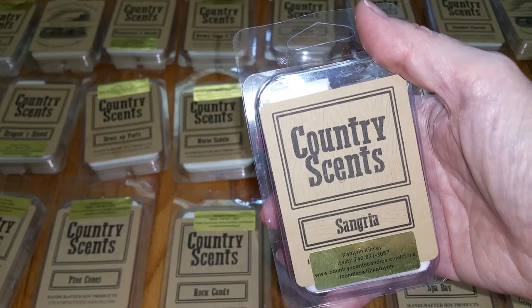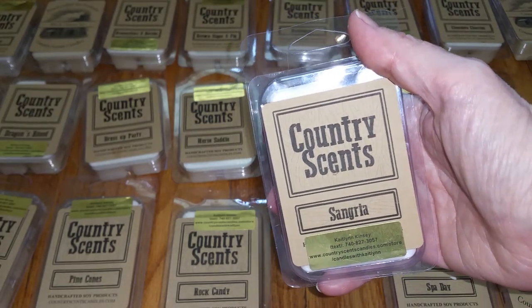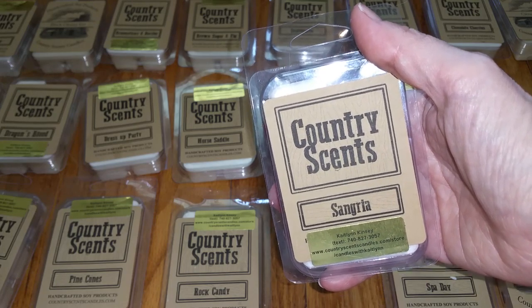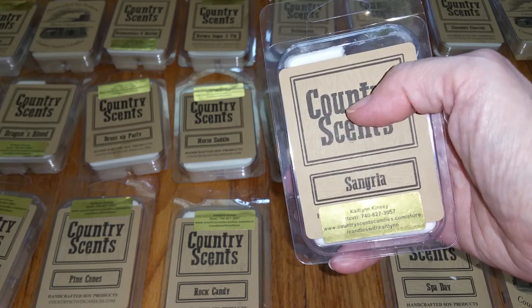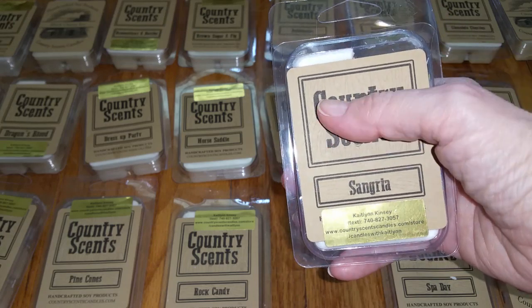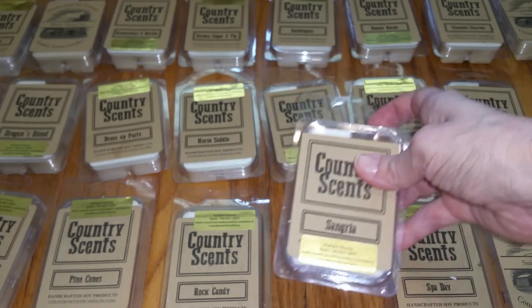It's also similar to Sensational's brand rock candy, but it's definitely not the same scent. The Sensational's rock candy smells a little bit more like the Country Scents cotton candy scent. It's softer and has no orange notes. This scent is listed as having a moderate throw, but it was a scent monster for me. 5 out of 5, took over the entire house. So definitely...